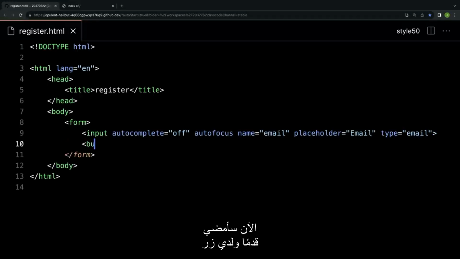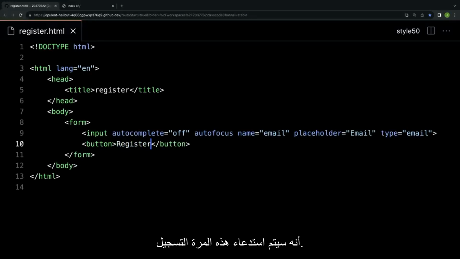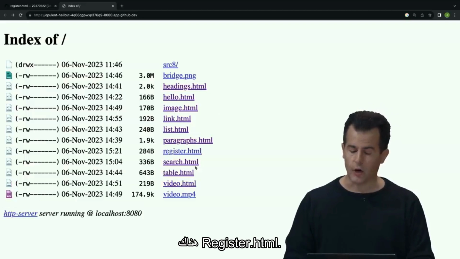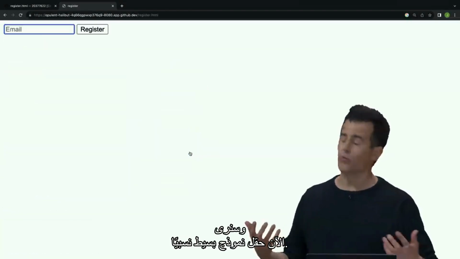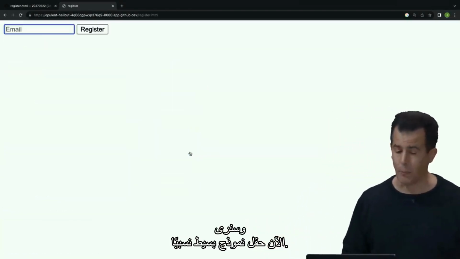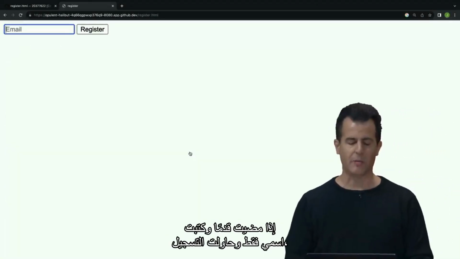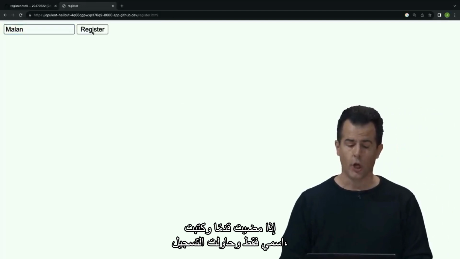Now I'm going to go ahead and have a button that this time will be called register. And now let's go over to my other tab, reload my directory index. There's register.html. And we'll see a relatively simple form field now, but it's prompting me to register with some email address. If I go ahead and type in just my name and try register, you'll notice that the